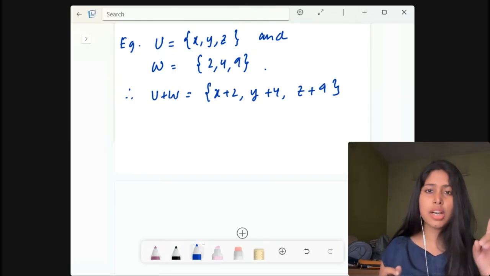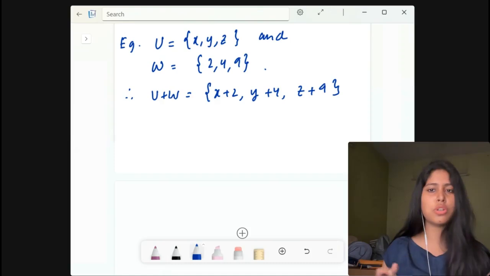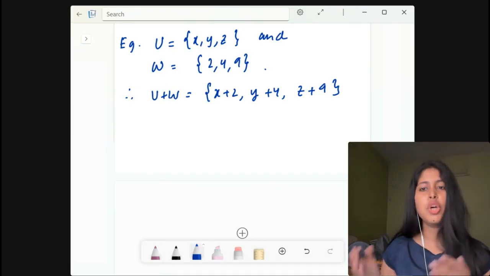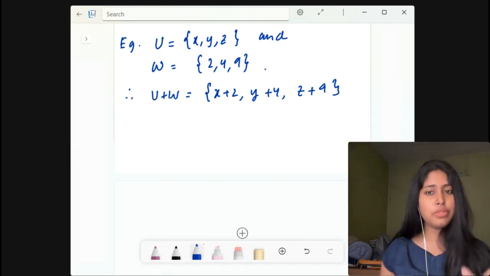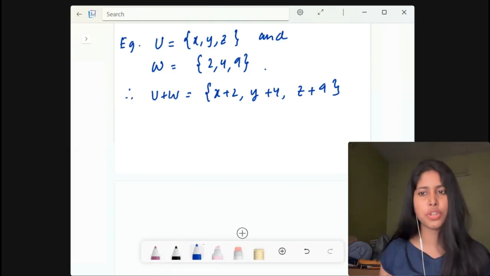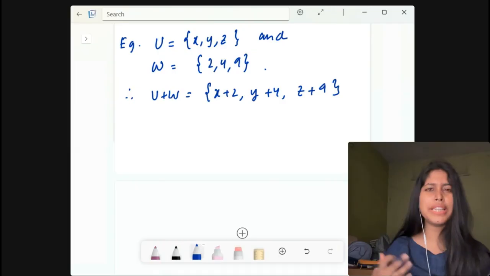But there is an important phrase here, which is not all zero. Okay, not all zero. Such that it will be written like c1 alpha 1 plus c2 alpha 2 plus c3 alpha 3, and it goes on till cn alpha n is equal to 0, which is the zero vector. But here the key phrase not all zero means that at least one scalar must be non-zero, right? That is the whole trick for linear dependence.